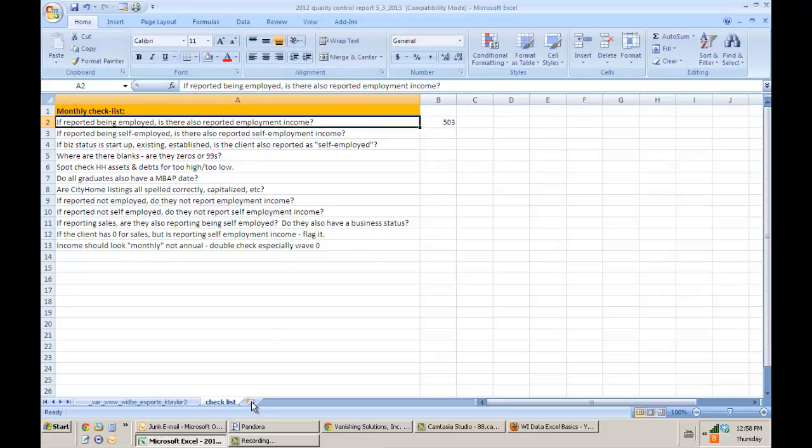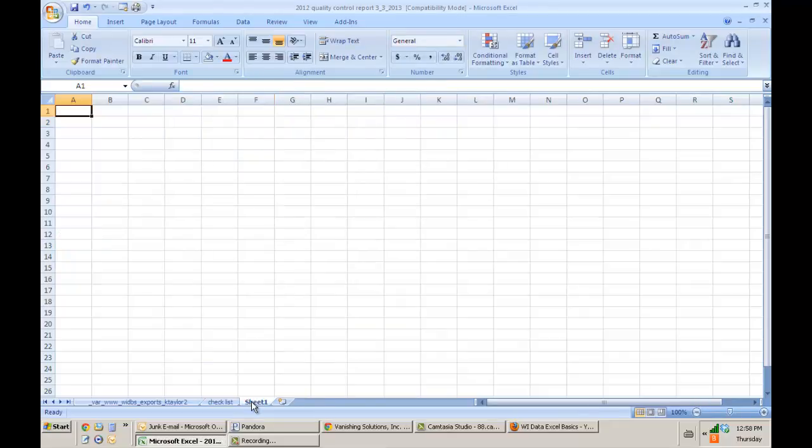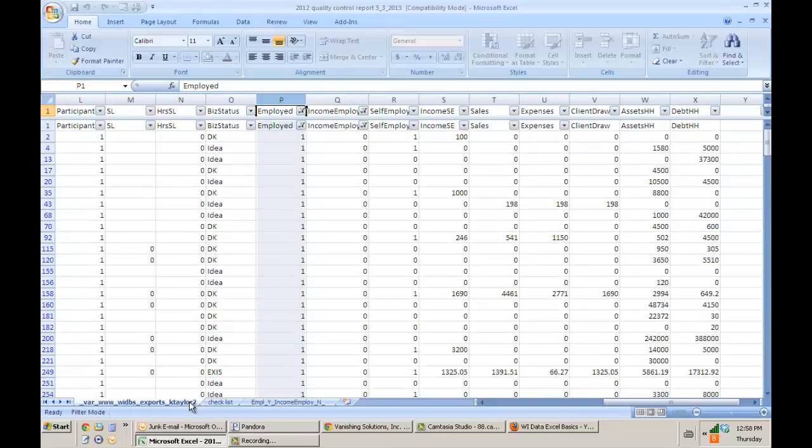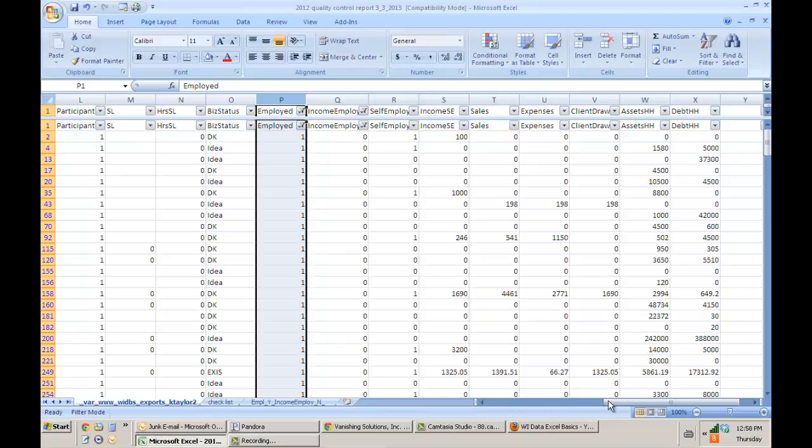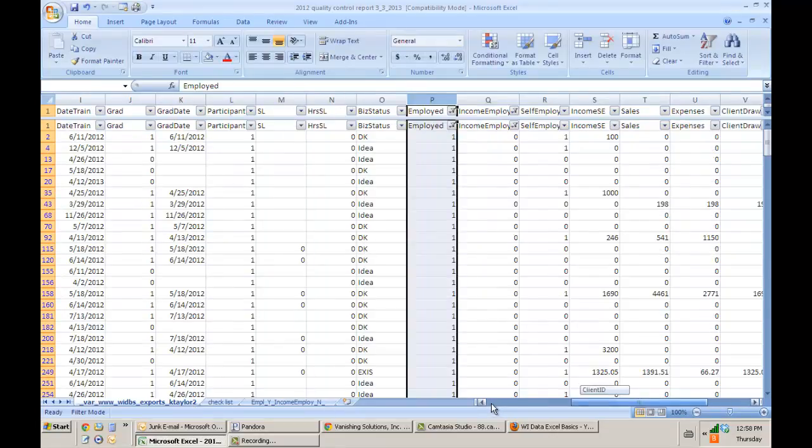But what I was doing for Katie was creating a new sheet, and I was renaming it Employ Yes, Income Employ No. It's a little code name for this worksheet, and then I'm going to go back to the original data where I have these filters in place,